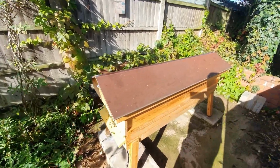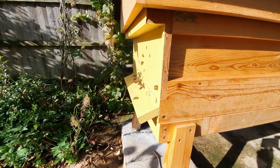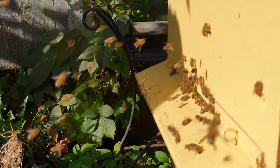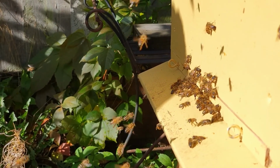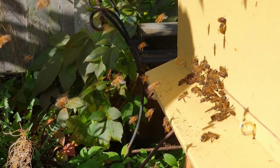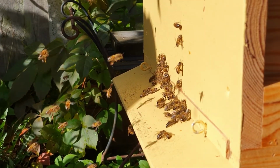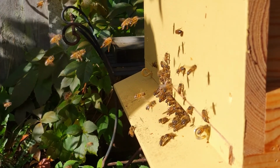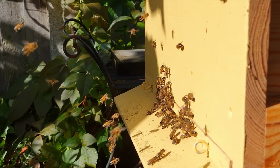So if I come here, just watch these. They are taking the opportunity on a warmer day. It's obviously been a cold night because it's October now, it's getting colder, and these are making the most of coming out and doing the business, going on a cleansing flight, and then also maybe picking up